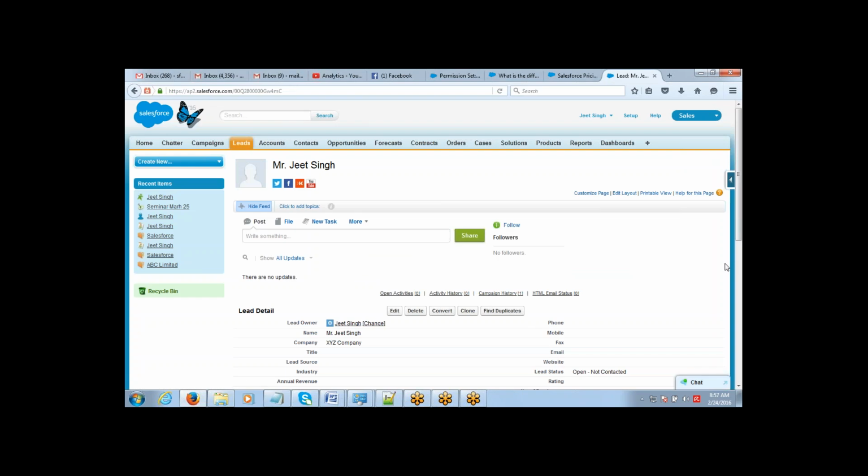Right? So we are going to talk further about the other objects: accounts, contacts, opportunities. We are going to see this entire flow. I'll just keep it till leads today. In tomorrow's session, we will continue from the accounts, and we will see how those things come into the picture and how they help you in your CRM. So that's it for